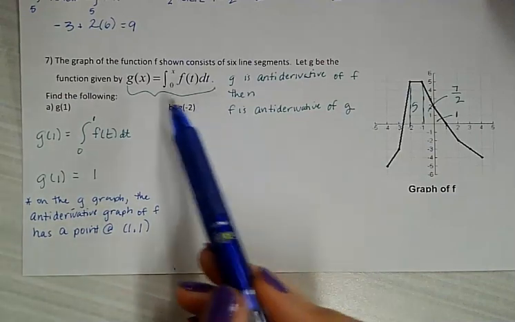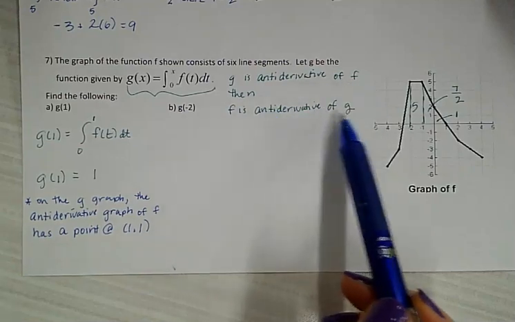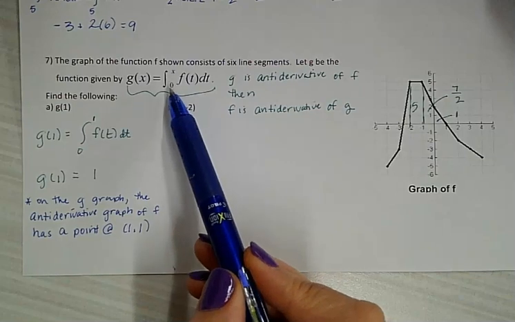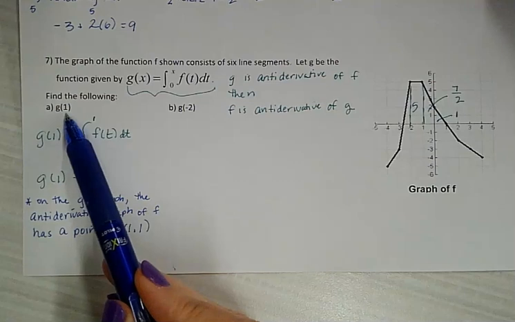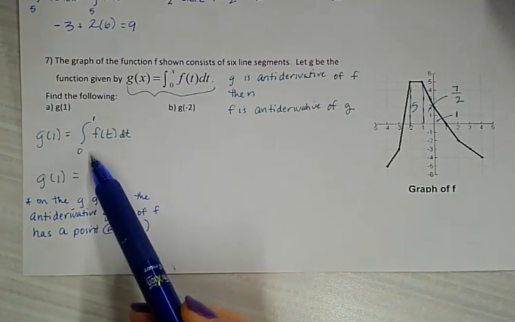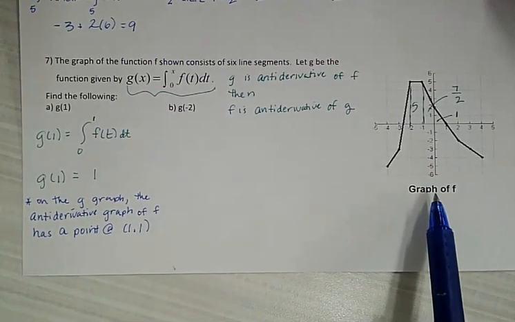Okay, so when we're looking at this, g is the antiderivative of f, and it's got our symbol there. It's going 0 to x. X is a variable. So when I'm asked to find g of 1, that means that x now becomes a 1. So I'm looking at my graph from 0 to 1 of f of t dt, because this is a graph of f,